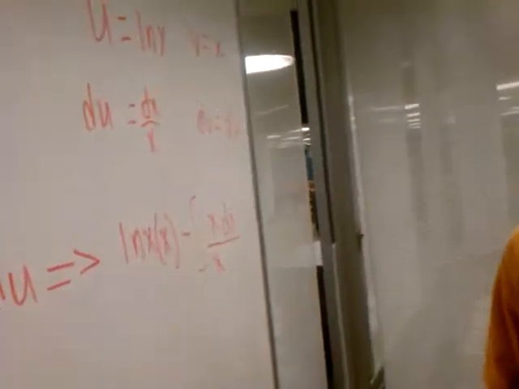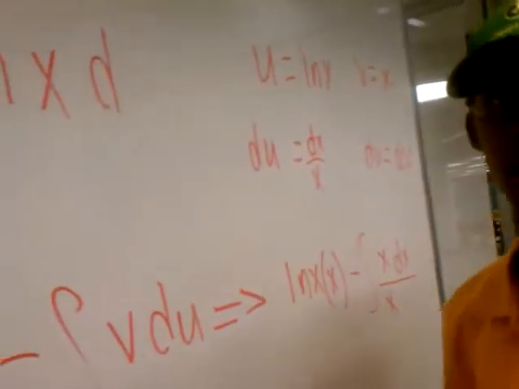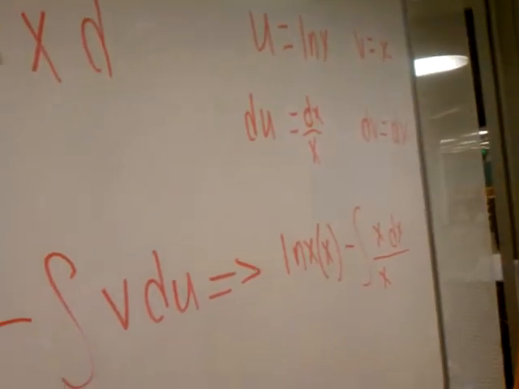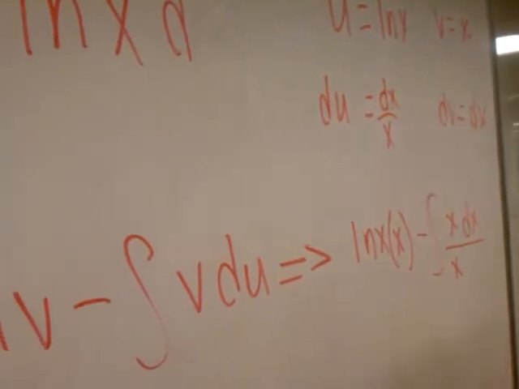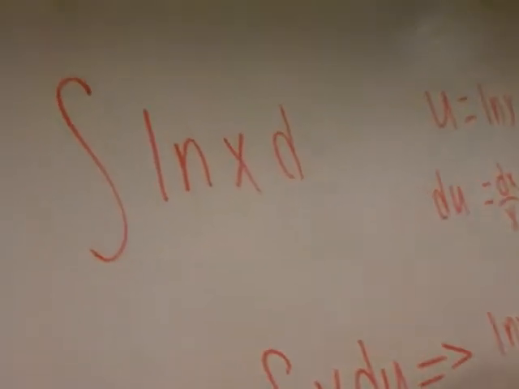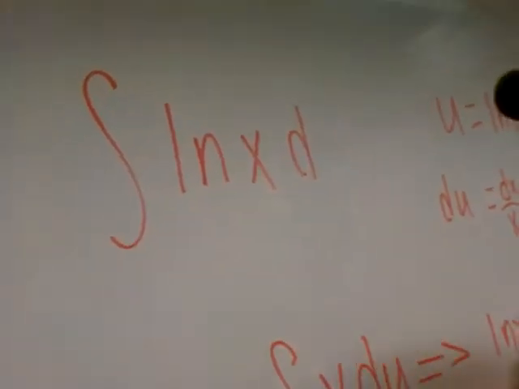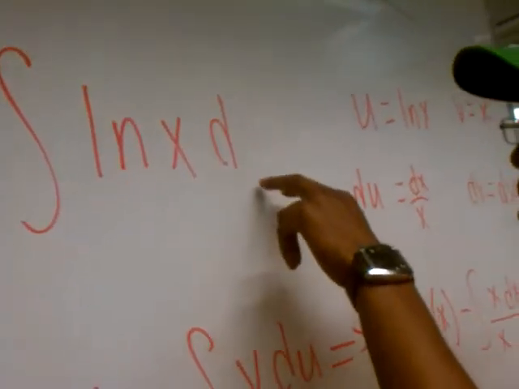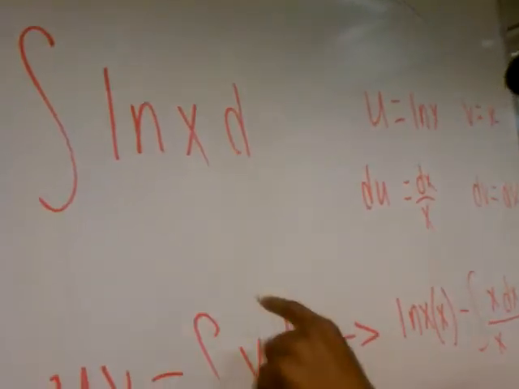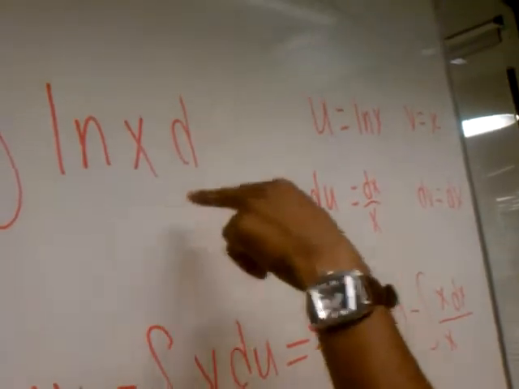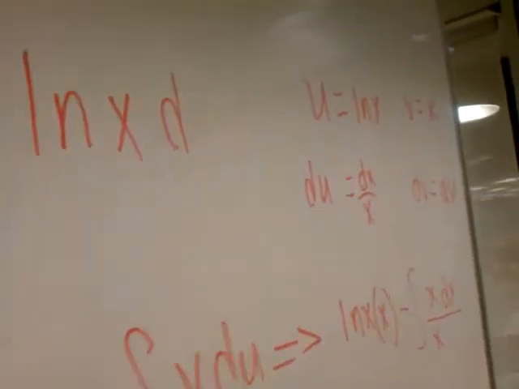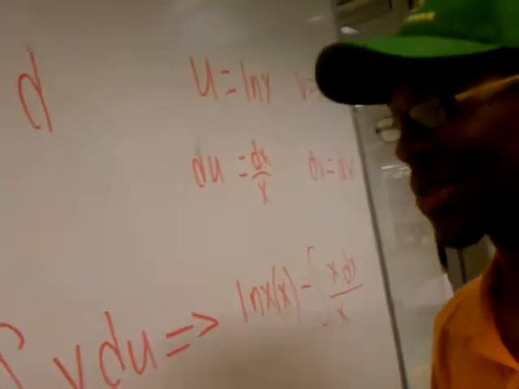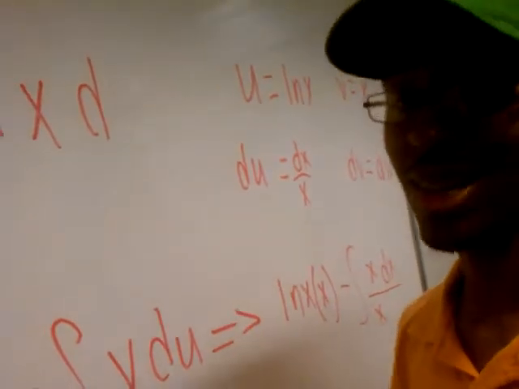And so what we're going to do today is integration by parts. That's just my portion, and the others will have their assignments as well. So this is dealing with calculus. What we have here is ln of x, and we're going to take the antiderivative of this with respect to x. And so from that, what you want to do with integration by parts is basically break it down